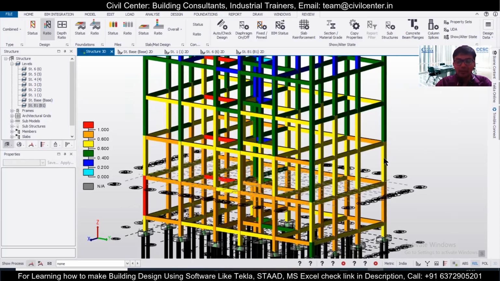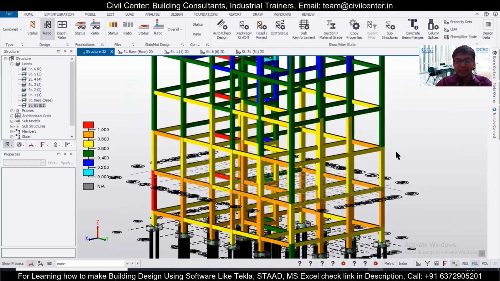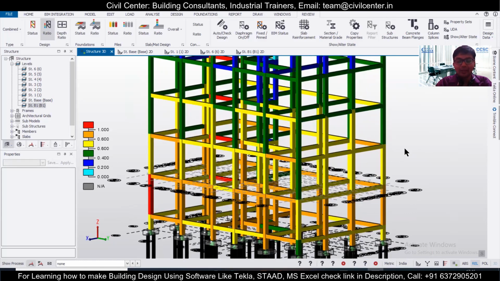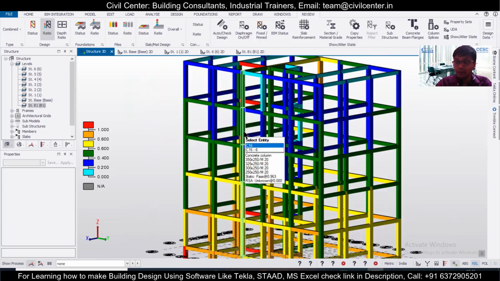So these two particular things you have to consider while you are designing a structure, that is the safety, economy, and the aesthetics also. So here we have shown you how to balance between safety and economy. As you can see, all members in this particular column which we applied are safe, but we have reduced the reinforcement from 6012 plus 6016, that is 6 bars of 16 mm, to 4 bars of 16 mm and 2 bars of 12 mm.